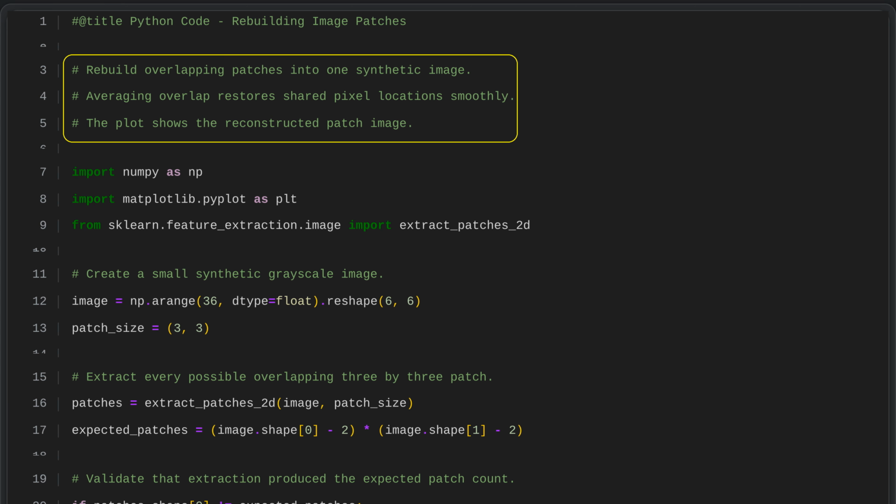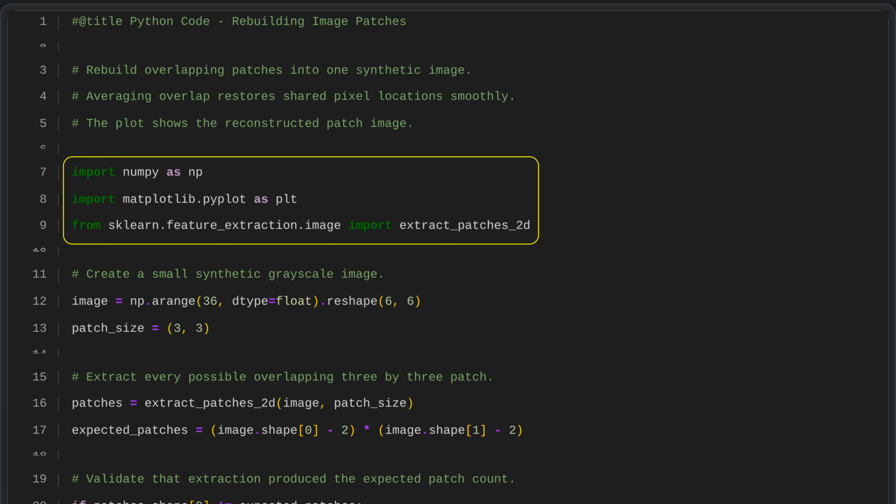Overlapping patches are combined to form one synthetic image. Averaging the shared regions smooths the reconstruction and restores common pixel locations consistently. We import NumPy for efficient numerical work with arrays and Matplotlib pyplot for creating plots and visualizations. We also import the extract_patches_2d function from Scikit-Learn, which extracts overlapping image patches for tasks such as reconstruction